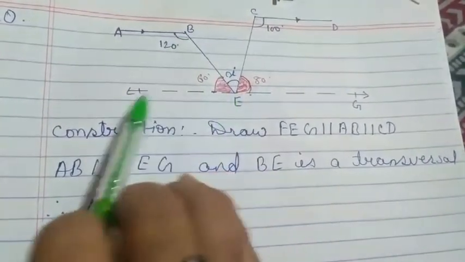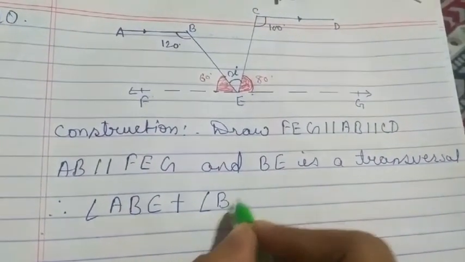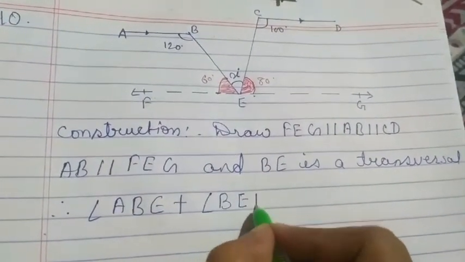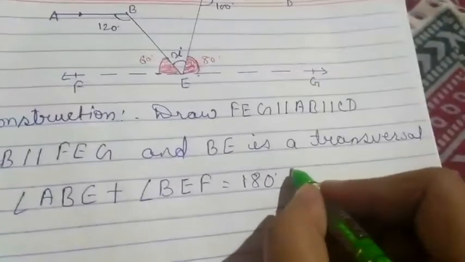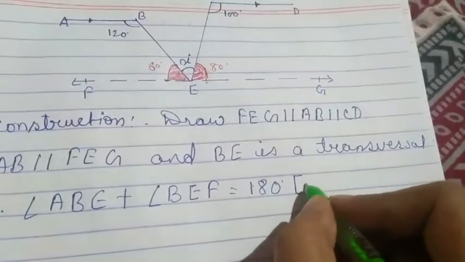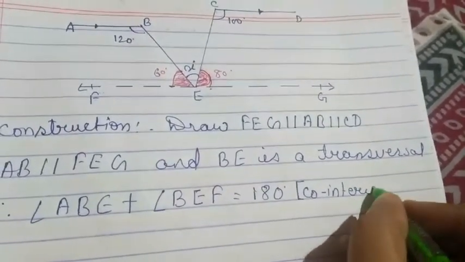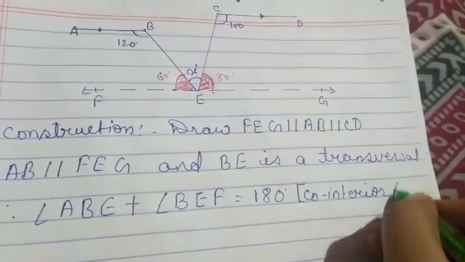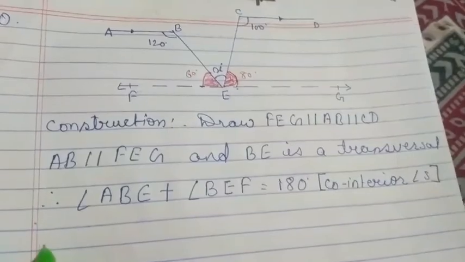So BEF, you can give a name, BEF, equal to 180 degree by which property? Co-interior angles. Understood? Now you know the